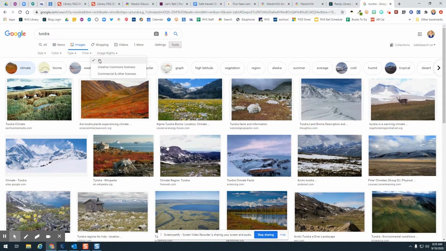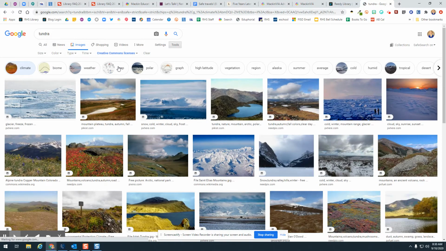You can see anything that's on the internet. You can see items that are under Creative Commons licenses, and then you can see items that are commercial and other licenses. So pretty much anytime you're using an image for school and you're using an image for a project or something like that, you are going to want to choose this Creative Commons licenses. And so whenever I click on this, it's going to pull up images that should be, if their metadata is correct in there when they were put on the internet, then these images are going to be okay for you to use in your school projects,